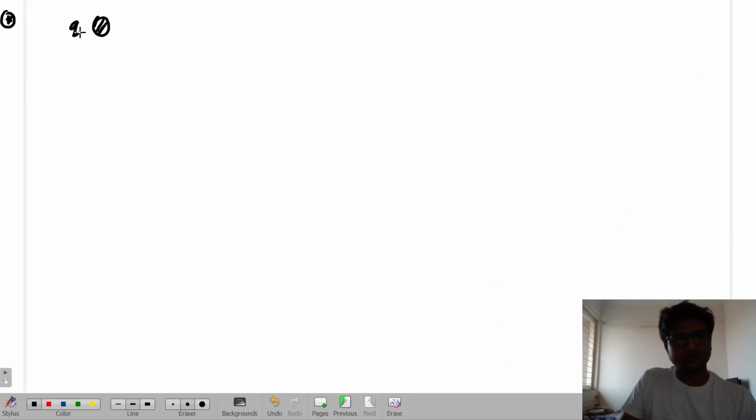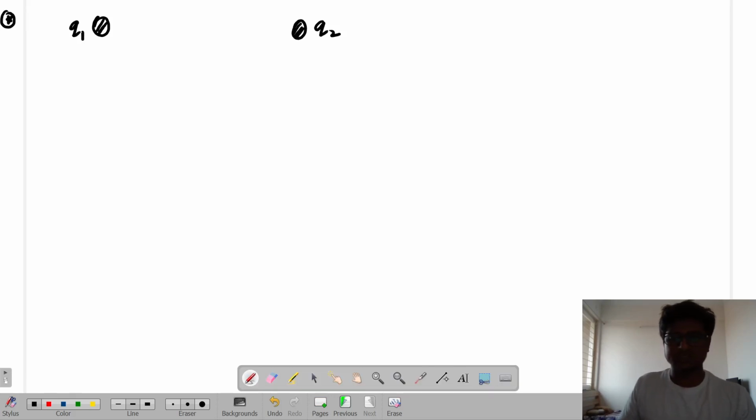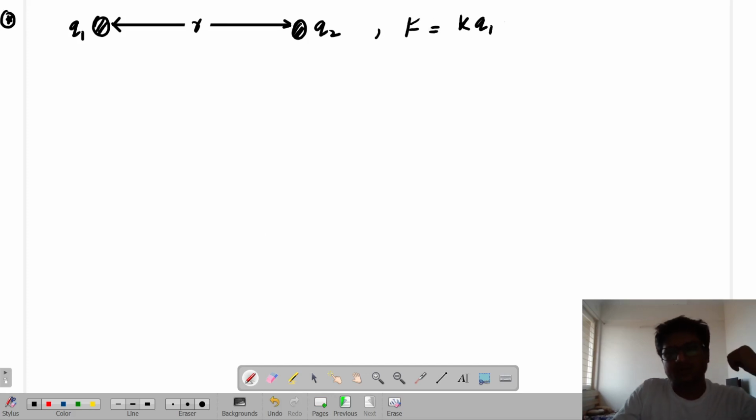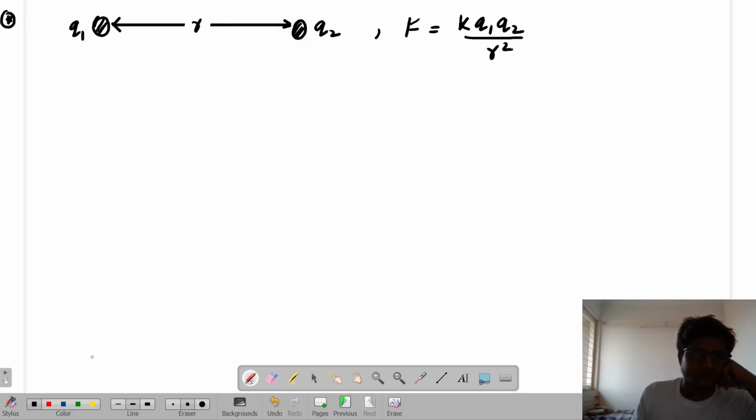If I have Q1 and Q2 placed at some distance r apart, then they experience force on each other, and that force was K Q1 Q2 by r square, isn't it? Now, if I just keep one charge